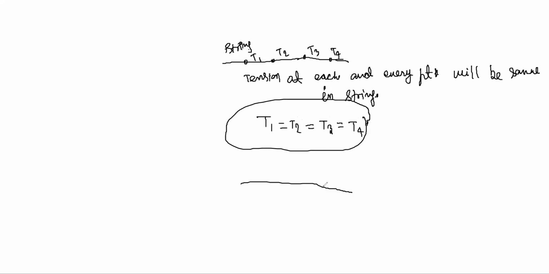So suppose this is a string, and suppose this string is going in this direction with some acceleration a. Is this okay? And suppose I am taking a cross section, this section. Suppose this point is A and this point is B. If you draw the free body diagram of AB, you will apply a force in this direction, that is tension at point B. You will apply another force in this direction, that is tension at point A. Is this okay? And as I said, its mass is approximately 0, isn't it? And you can also feel it. What is the mass of a string?